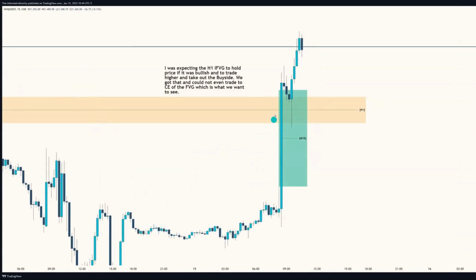We have this 15-minute fair value gap. Notice how the 15-minute fair value gap is over top of the hourly. Notice how we cannot leave the hourly inverse fair value gap. Notice where the bodies are staying. They're staying in the upper portion. Again, they're stacking in a certain area of price. So when I'm seeing that the hourly and the 15-minute show me that it does not want to go lower,